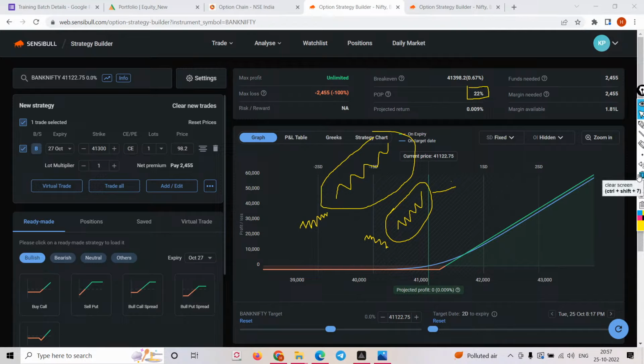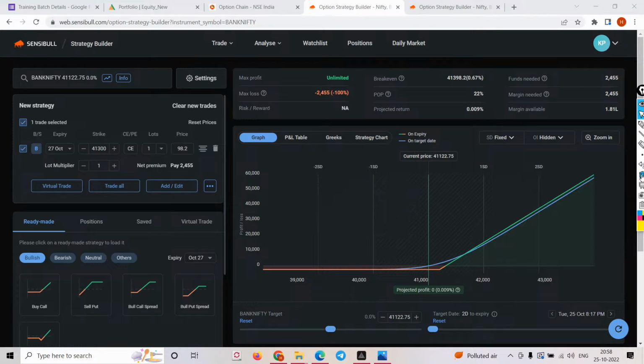Can someone tell me what is that one Greek which is the friend of the option buyer and the enemy of the option seller? Can someone give me a one word answer? Quickly, friends, quickly. What is that Greek? I'm just waiting for the response. You know, right? There will be like a 20 second delay for the live sessions. So whenever I'm telling, there is a 20-second lag basically.